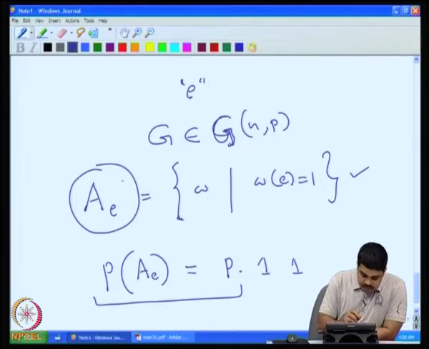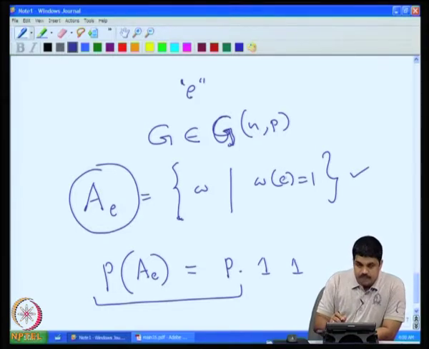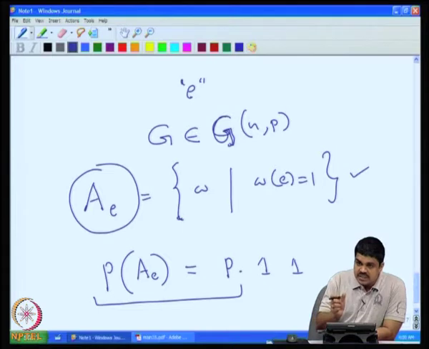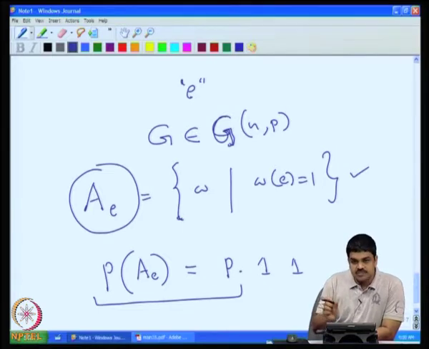So, what does it mean by the probability of AE? That is essentially the sum of the probability values associated with the graphs with that edge present in it. Now, how can you find it out? Suppose this edge is present, and what about the next edge? The next edge, in some graphs it is present, in some graphs it is not present, right. So, when you sum up over both the categories, we will get